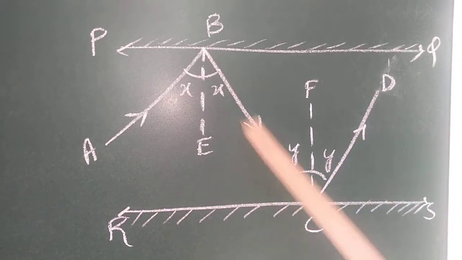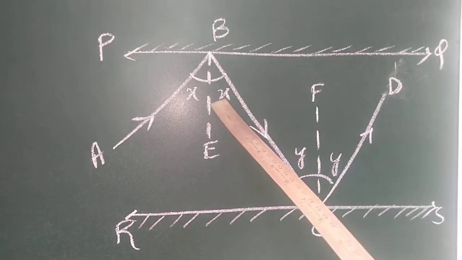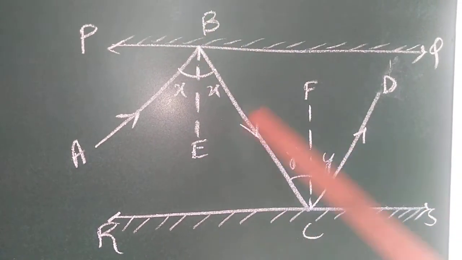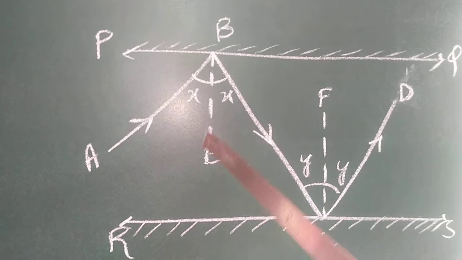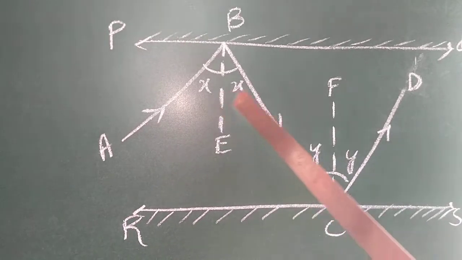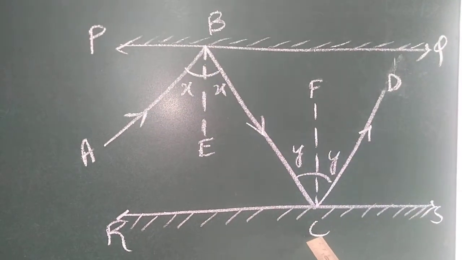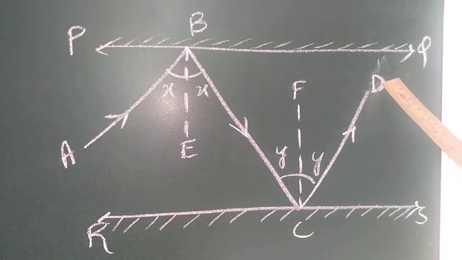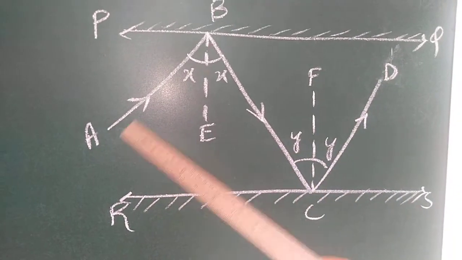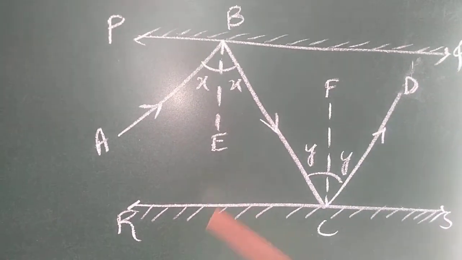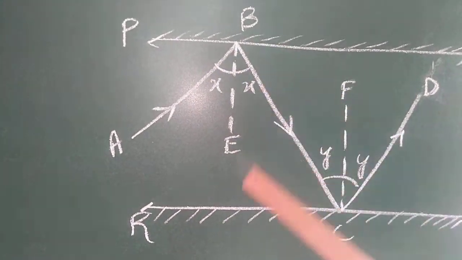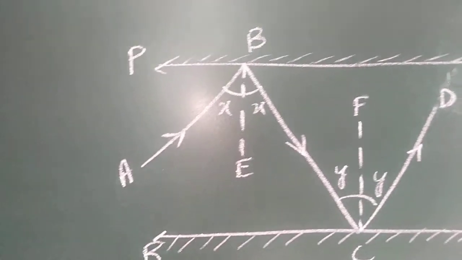So using that I am going to prove now: EBC is equal to BCF and these two alternate angles are equal. When these two alternate angles are equal, these two lines are parallel. As this is an angular bisector, I can write this as x and x, same as y and y. And when these are equal, then the ABC angle is equal to the BCD angle. Hence, as the alternate angles are equal, the lines are parallel. AB is parallel to CD. First you have to prove BE is parallel to CF, then ultimately you can show the proof of AB parallel to CD. Shall we begin, children?